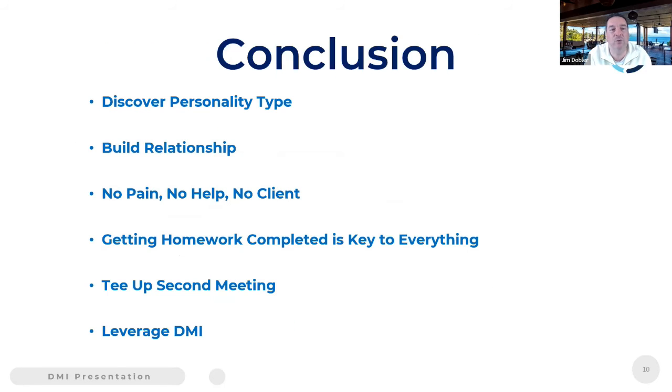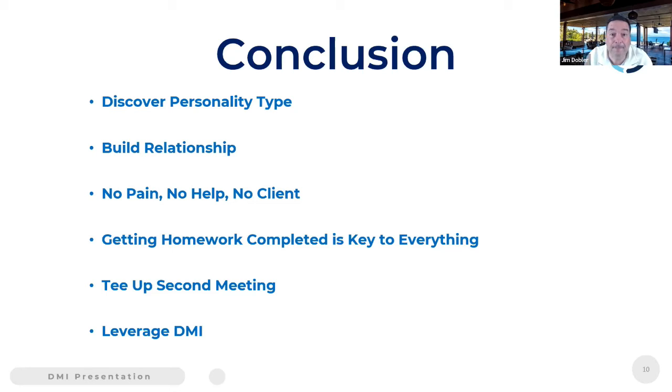What you want to do is first discover their personality. If they are the salesperson or the social worker, you could end up being there for 2 or 3 hours. If they're the CEO or the engineer, this could be a 20 to 30-minute appointment. But you need to know that going in, because you don't want to keep asking, so, your son played softball, tell me a little bit about that. You say that to the CEO and they're thinking, oh my God, let's move on with this. So again, build relationships, but you have to build it in a couple different ways depending on what their personality is. Remember, ask those open-ended questions, because no pain, no help,